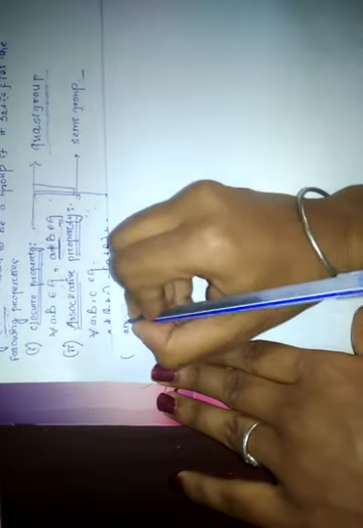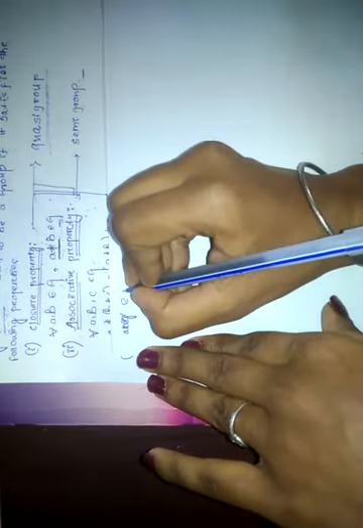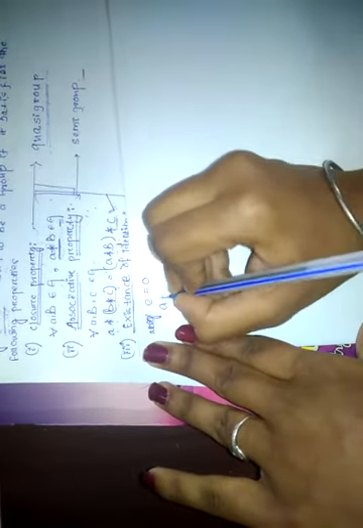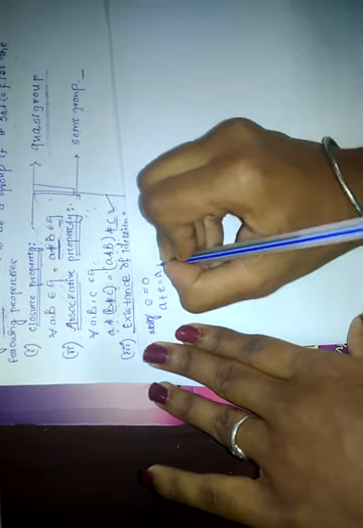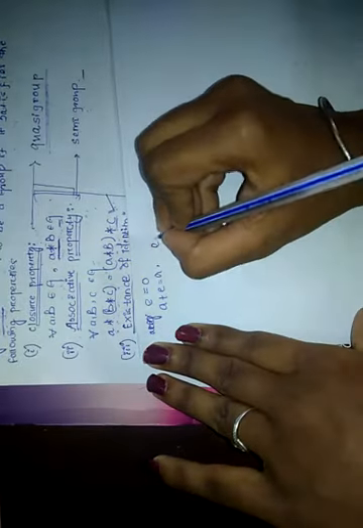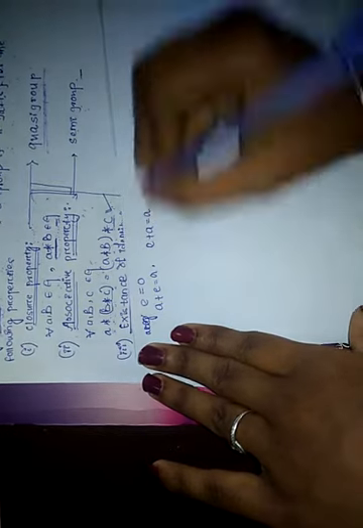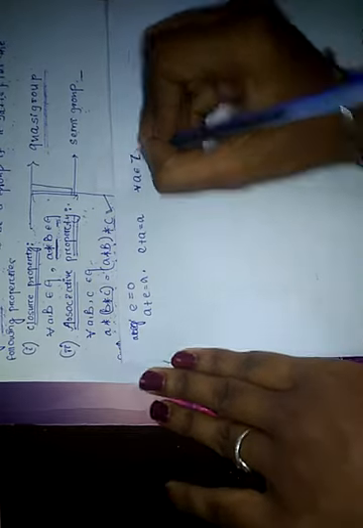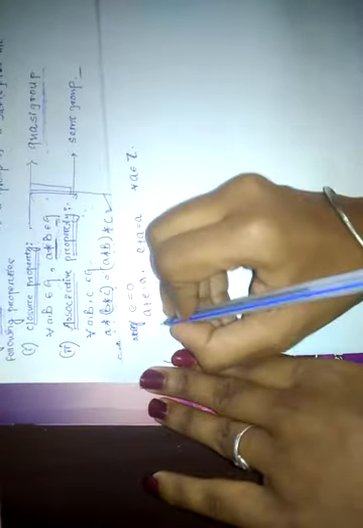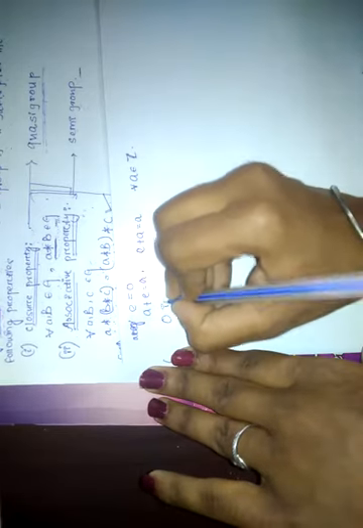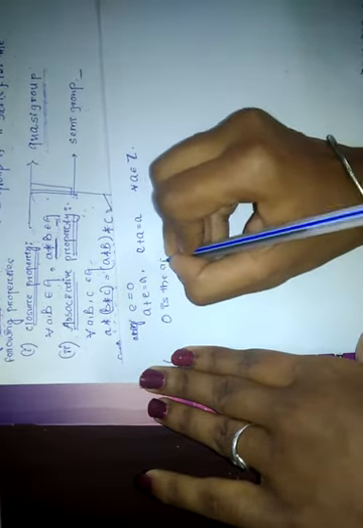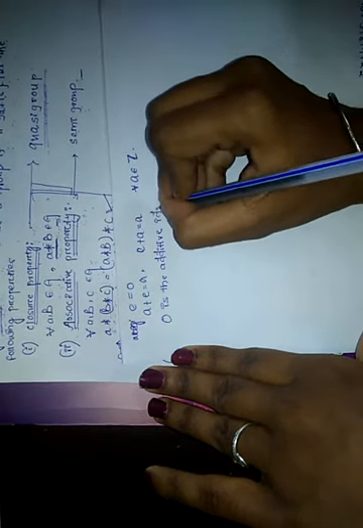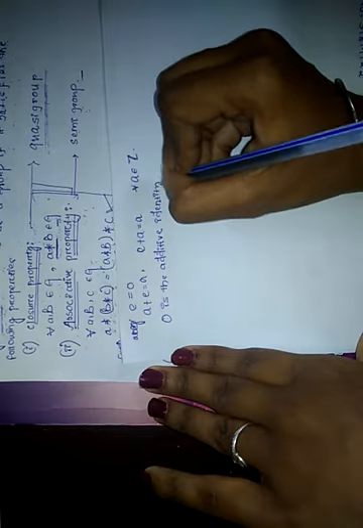Therefore, any element which when added with E is equal to 0 gives the same element. Therefore, A plus E is equal to A, and E plus A is equal to A, for all A belonging to Z. Therefore, the identity of the set of integers is 0. 0 is the additive identity because here we have taken the operation to be addition.